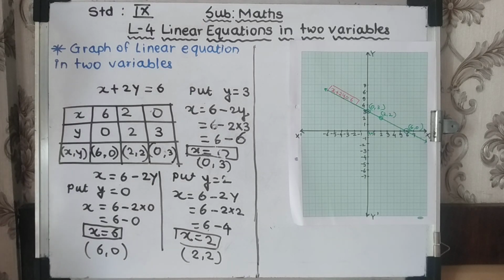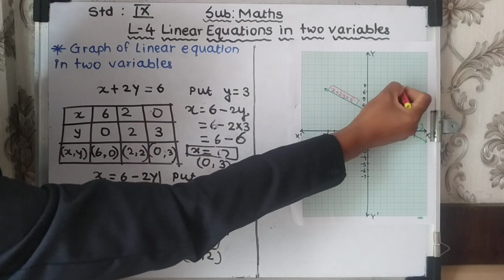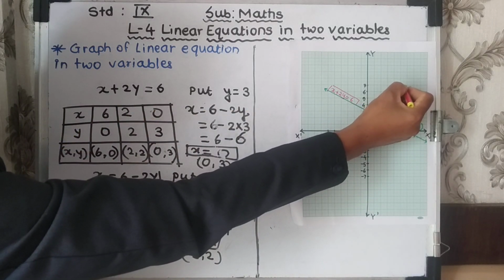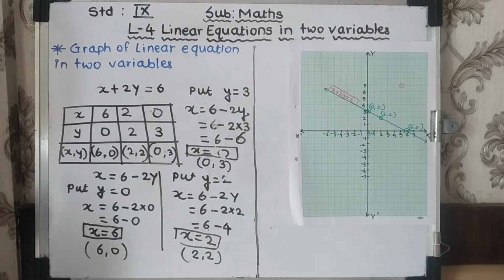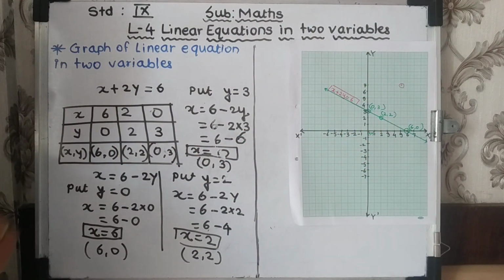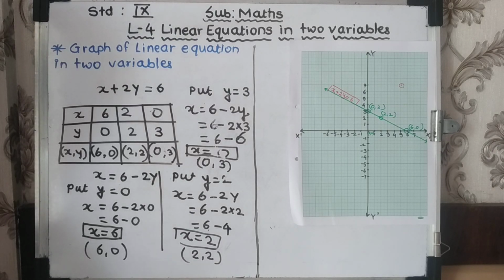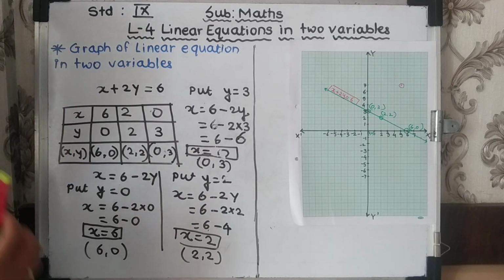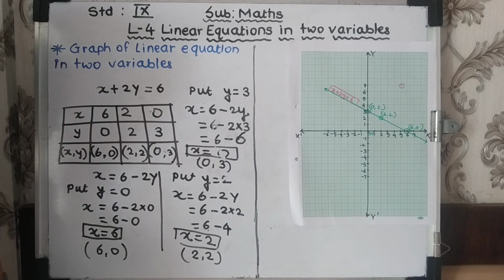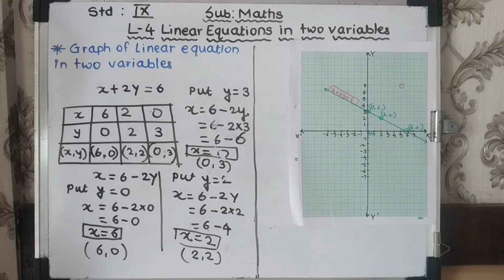Any point which does not lie on the line, suppose the point is over here somewhere, does this point lie on this line? No. So when the point does not lie on the line, it is not a solution of the equation. The collection of points which give the solution of the linear equation is the graph of the linear equation. So we have here ax plus by plus c, which is the standard form of the linear equation in two variables.